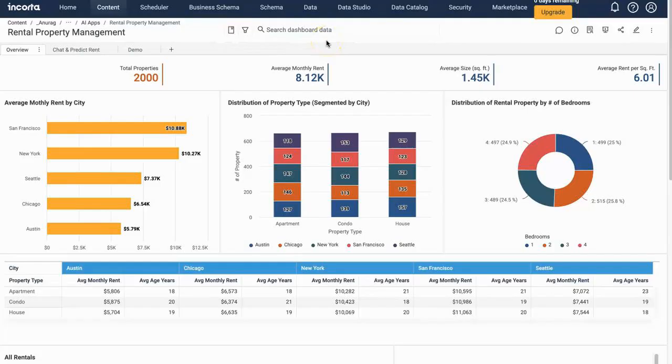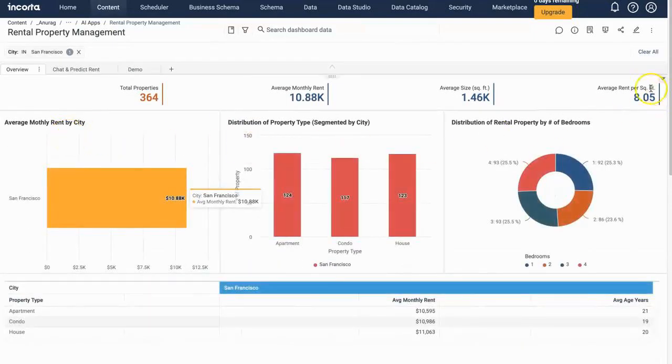In this demo, I will show you how you can complement this Incorta dashboard with Incorta workflow apps, where an agent can not only assign rent to a new property that is added, but also chat with rental data. It is pretty easy for an agent using this Incorta dashboard to ask a simple question like, okay, what is average rent in San Francisco? So click on this and it will show you average monthly rent and also average rent